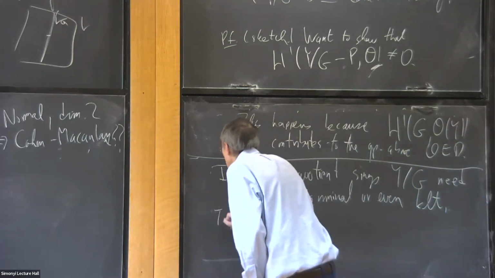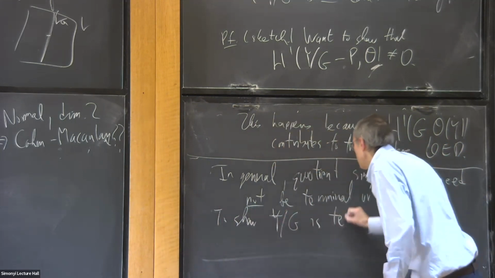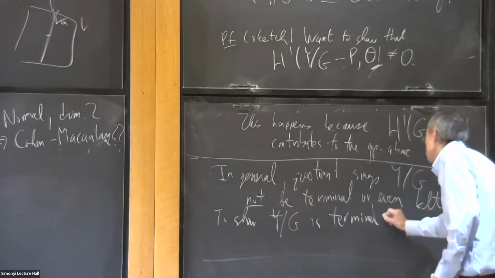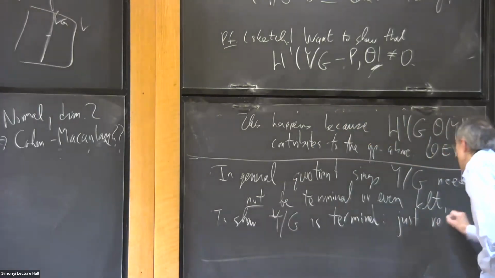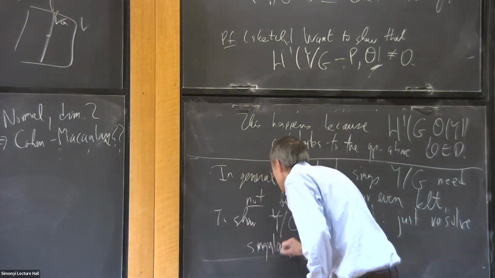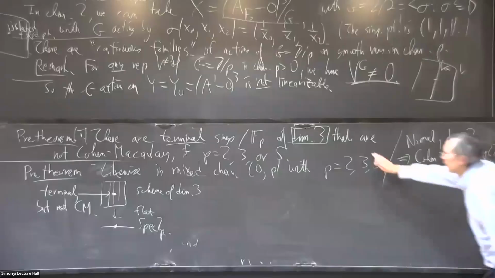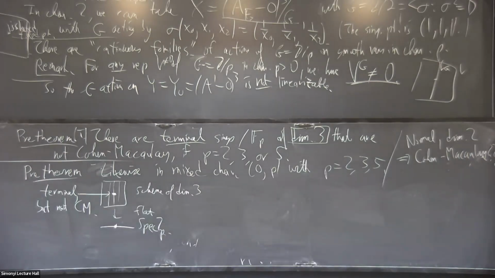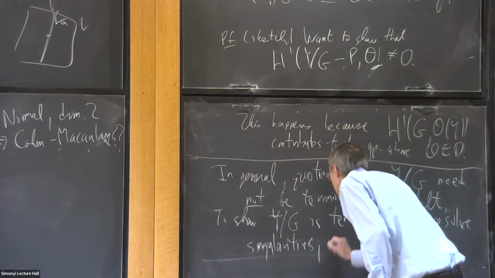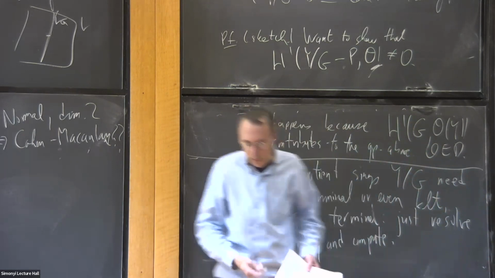So let's say to show that my mod G is terminal, I don't have any sophisticated way to do this other than just resolve the singularities and compute. And this is why I have a pre-theorem. In this case, in characteristic 2, everything works out. But in general, resolving these singularities is kind of painful. But I'm confident that with time, it will happen. In this case, it does work. So to check this condition of terminal singularities, sometimes you have to look at